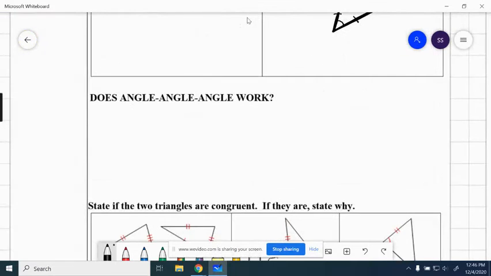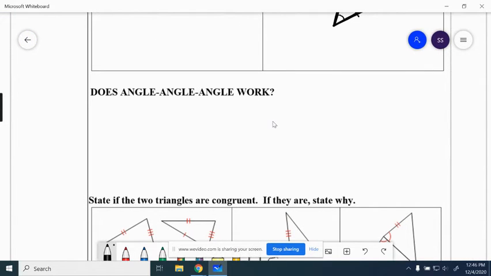All right, moving on. Does angle, angle, angle work? Okay, well, why don't we look at a very famous triangle, the old 30, 60, 90 triangle. So this triangle is when you have, this doesn't quite look right, but we have a 90-degree angle here, a 30-degree angle here, and a 60-degree angle here. Okay, well, if I make the same triangle,